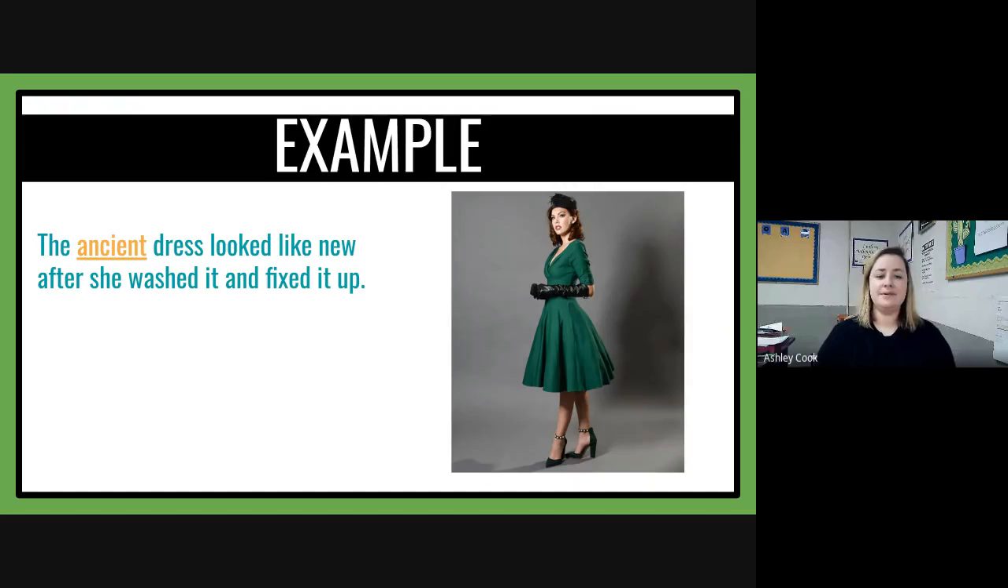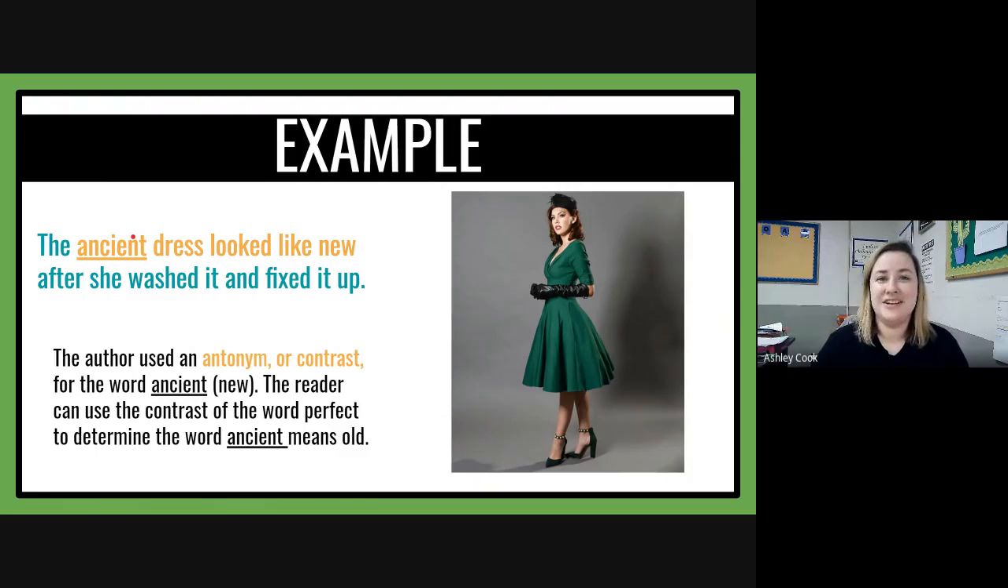And our last example: the ancient dress looked like new after she washed it up and fixed it. We have it looked like new. So what's the opposite of new? That would be ancient. So ancient must mean